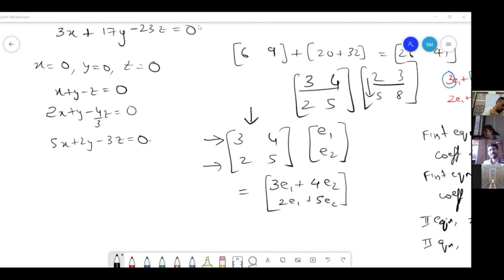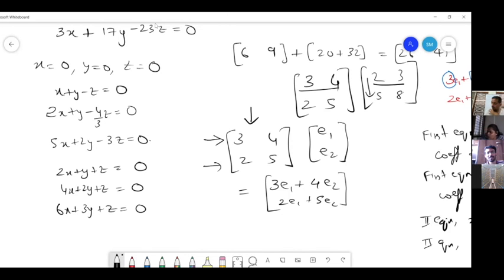Wow, great. Okay, the random example is 2x plus y plus z is 0, 4x plus 2y plus z is 0, 6x plus 3y plus z is 0. Sounds very poetic and rhythmic. So other than 0, 0, 0, (1, minus 2, 0) is also a solution. Oh, so you cleverly removed the effect of z.